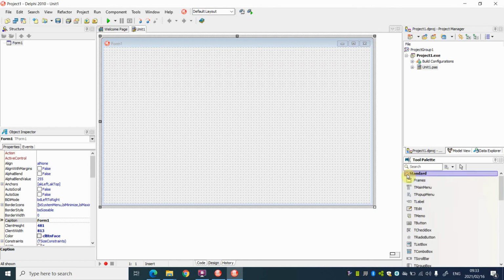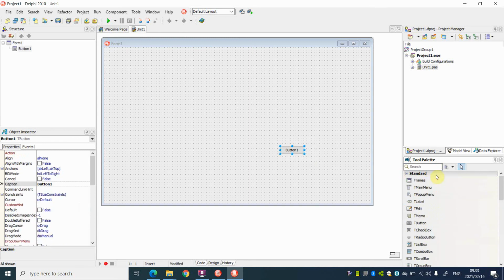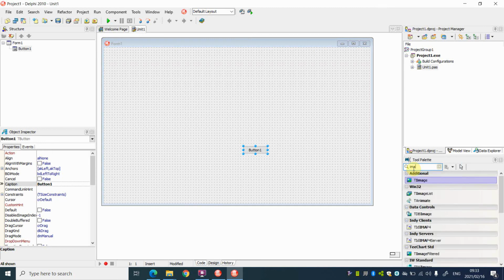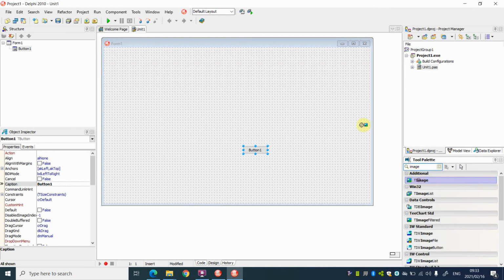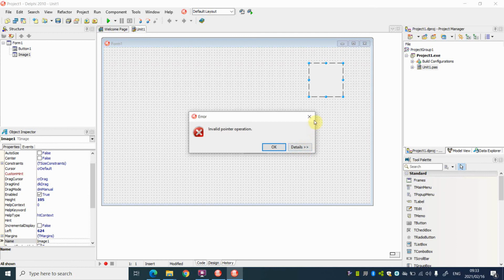So let's say I just want to add something simple. I just want to add a button in. I can go to the search bar, type in button, and you will see it gives me a TButton. Then it's simply drag over and put the button in. I can go and search for an image, and I can just drag the TImage over. Okay. Another thing what I can do is,